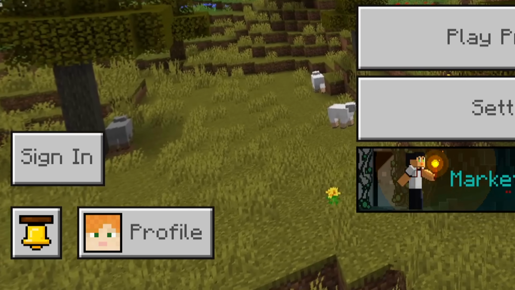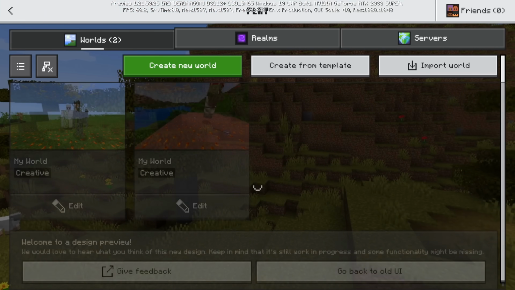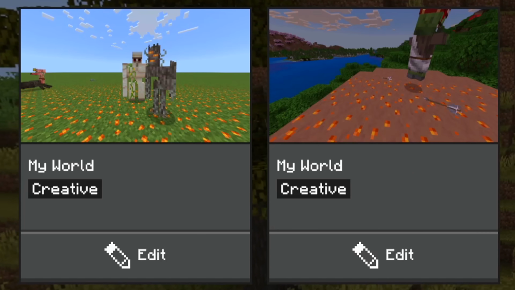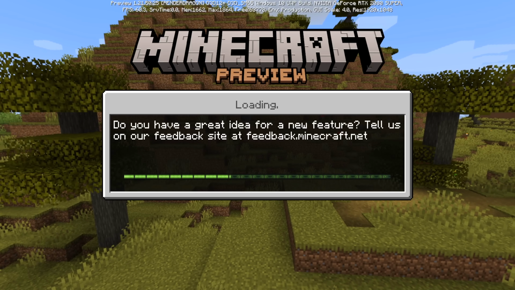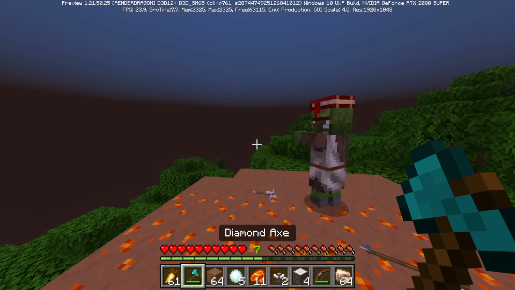And I still can't sign in. Let me try to sign in. Oh, wait, it let me sign in. Play preview. So you can see that I've been messing around and it looks like there's a lot of issues with Resin and how they work, or I'd like to think it's intentional. Let me go into this one. So this preview updates the Pale Garden with 2 additional...